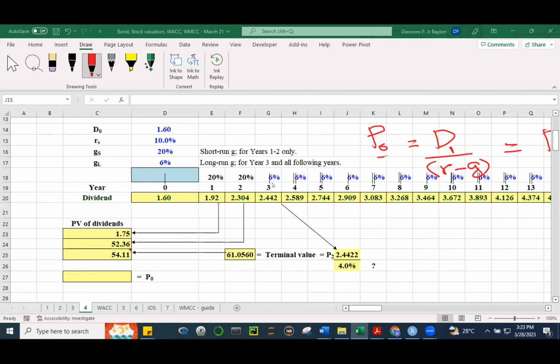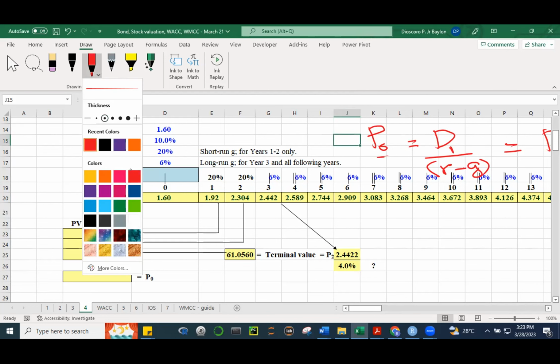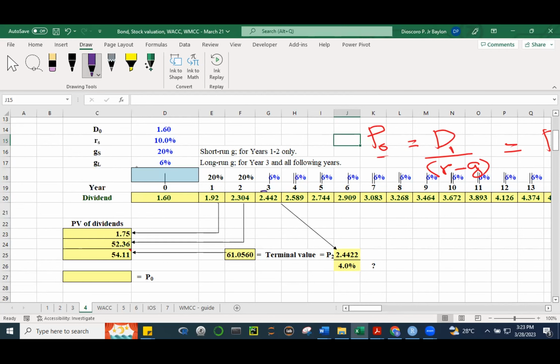Therefore, if it begins on period 3, we can substitute. Starting with year 3, we can substitute all of these cash flows from year 3 until infinity by one cash flow at year 2,